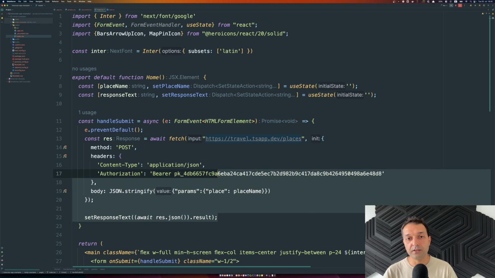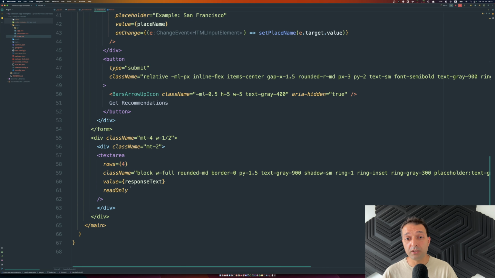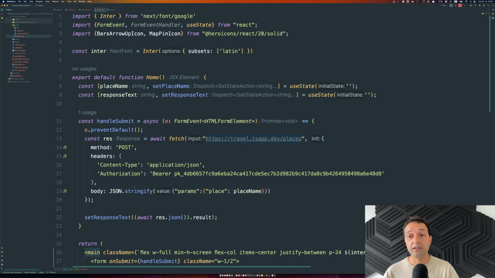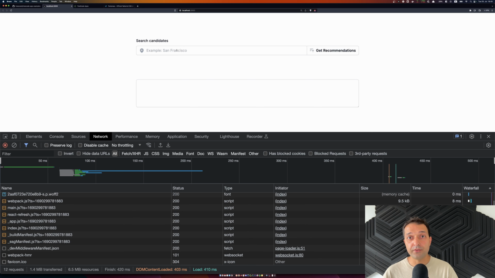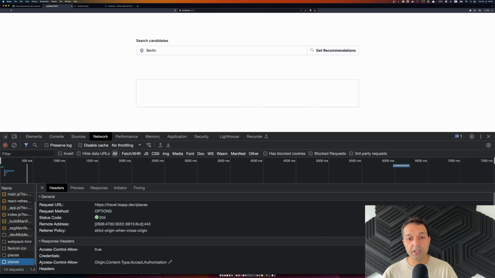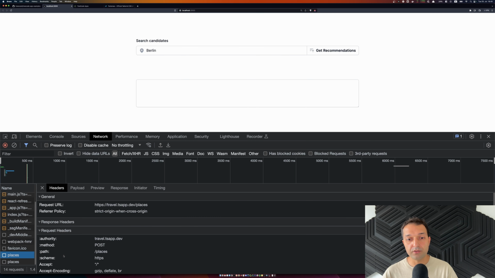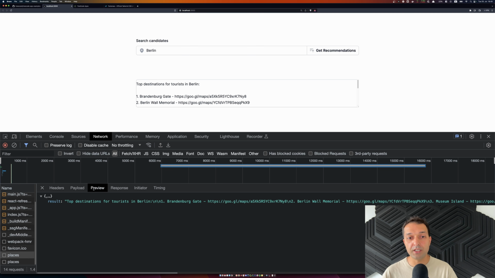So this is the final result, what we have here with the request and the result that we set to our read-only text array as a value field that will display the actual response from our request. So let's try this out, let's refresh and type, let's say Berlin, to get back some responses. See, we sent an API request already, and if we see the payload, we have actually a place Berlin, and we